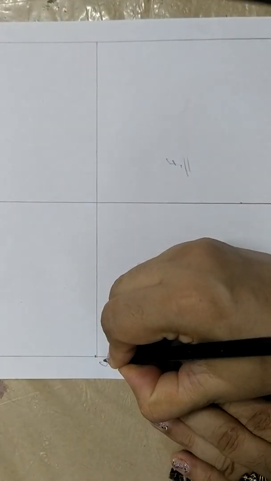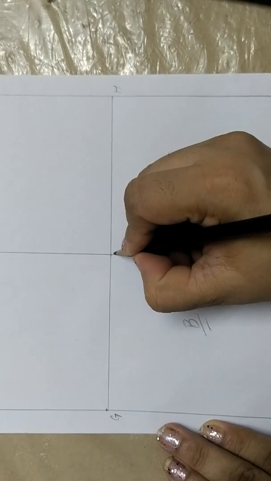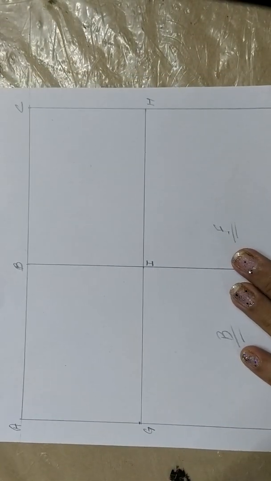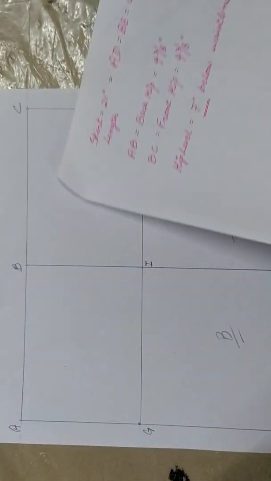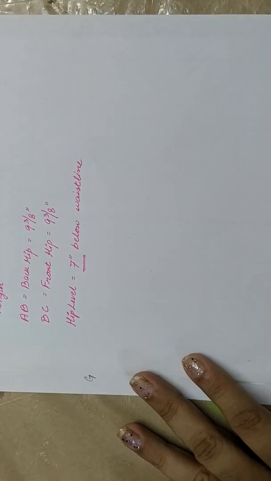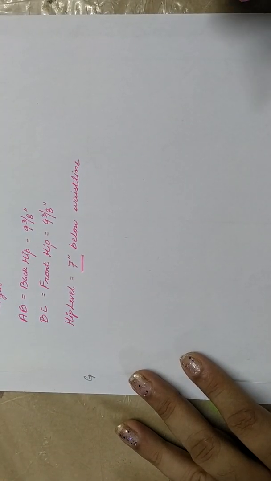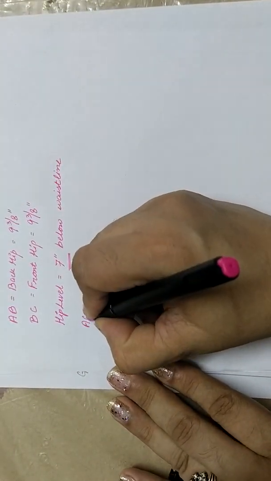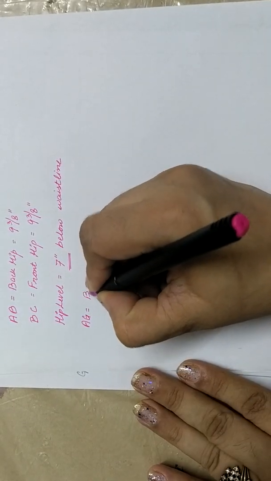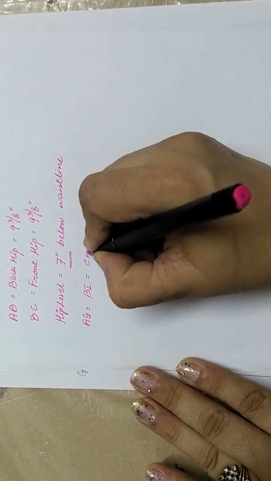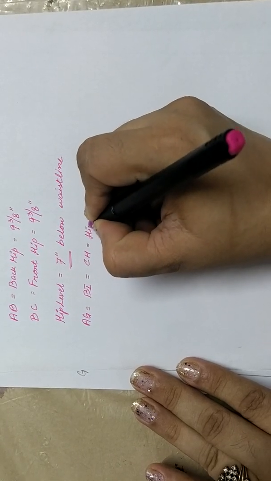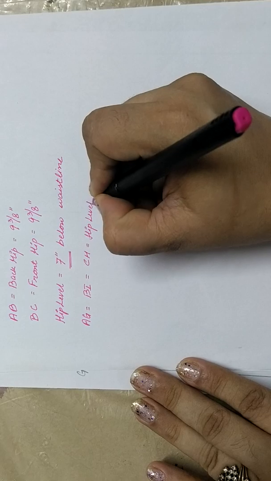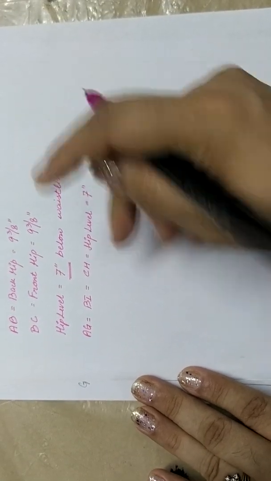and we'll be labeling them as G, H, and the center one is I. So I have followed the labeling that's given exactly in your book, so that you don't have any problem understanding it. Okay, now you can always refer for steps of construction. You can always check your book for the same. Now I'm going to mark here AG is equal to BI, which is further equal to CH, and this is the hip measurement, that is hip level, and that is 7 inches.